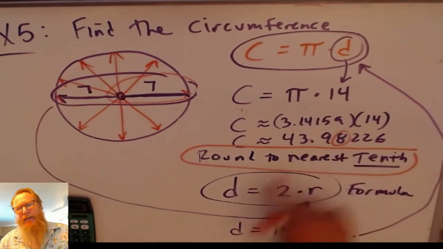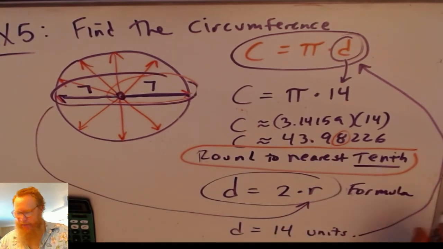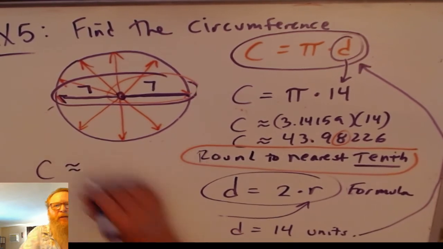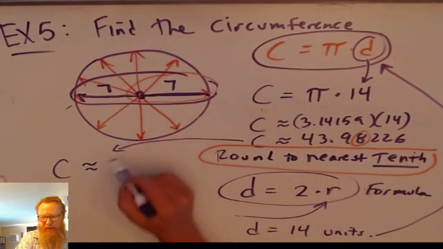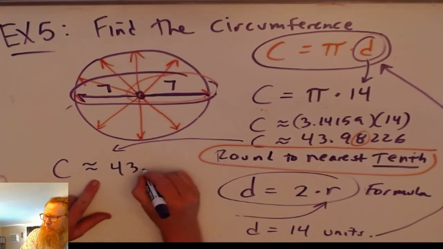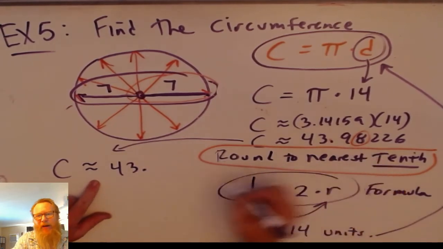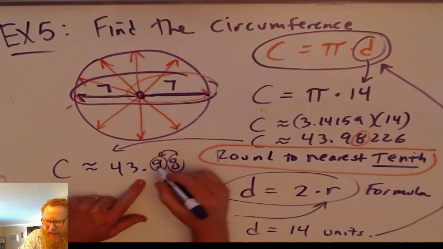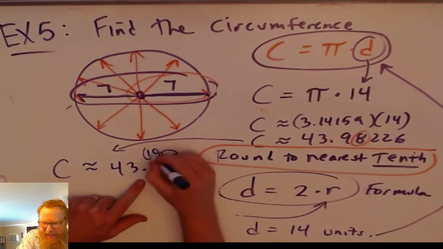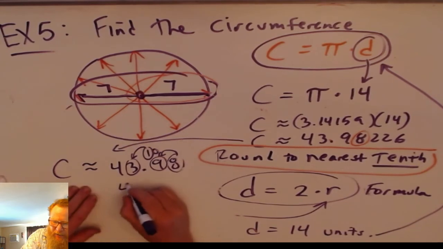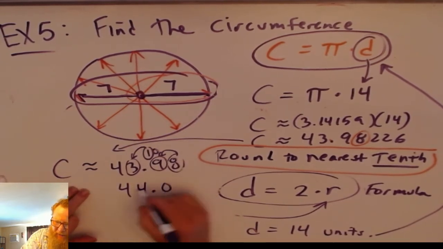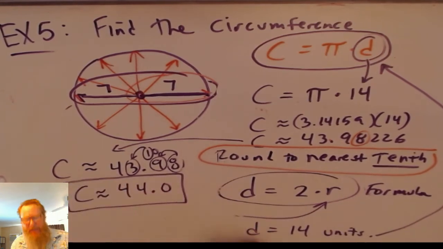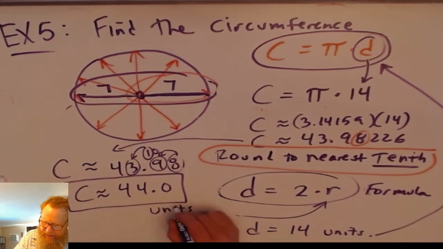So the hundredths digit is 8. So the circumference is, I'm putting my answer over here, 43 point, oh no, I hate when that happens, 98. The 8 rounds the 9 to a 10. The 10 rounds the 3 to a 4. So rounded to the nearest tenth, the circumference is